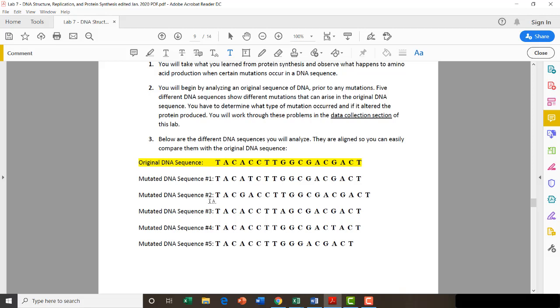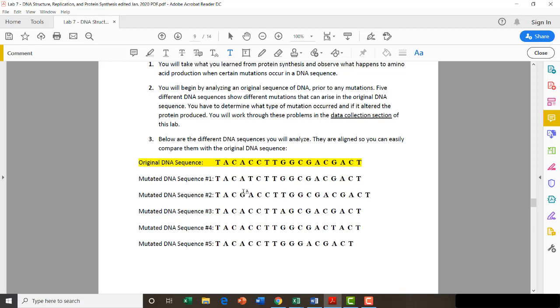Here in sequence number 2, when I'm looking through it, I see that the A looks like it changed into a G. But be careful, there's a big hint, and what I see right away is that there is an extra nucleotide at the end. So see how it stops here? And now I get this extra one. So that kind of gives me a hint that this is an